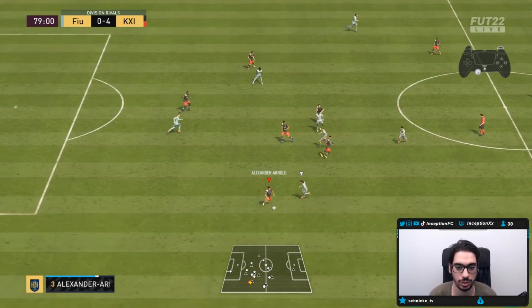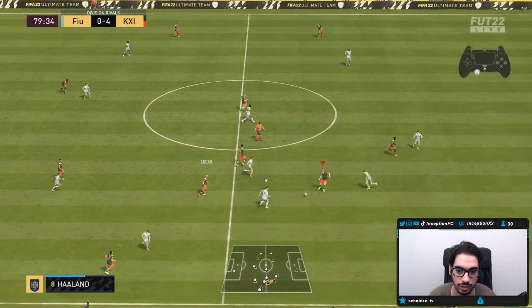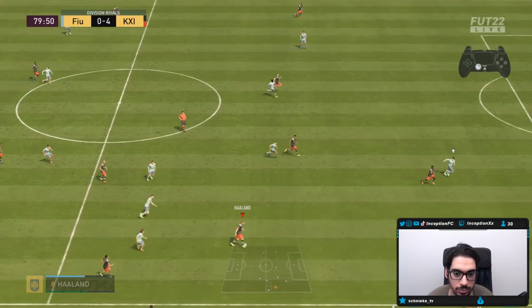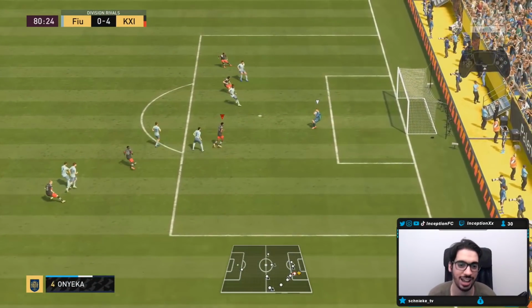That's good. So you can kind of see there with Onyeka that when I overcommit my defenders, he occupies that position really quickly. That's actually awesome. Winning on the attack here too. And the chip shot? I didn't...